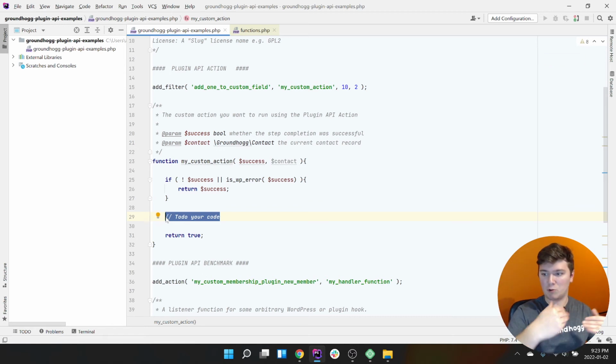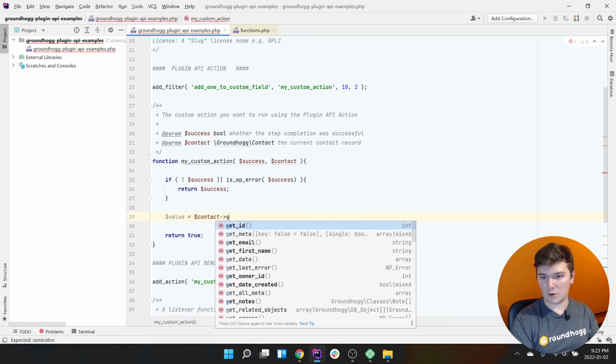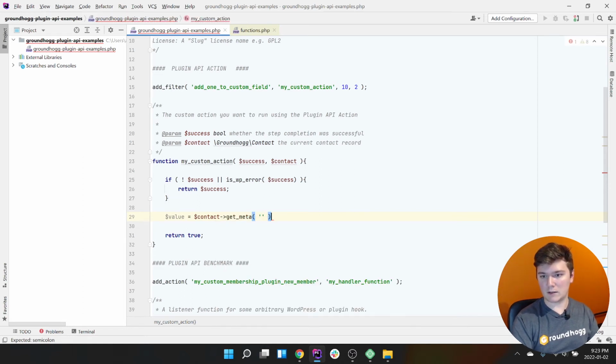This is where we want to actually write the action that we want to do. As I mentioned earlier, we're just going to do some custom field modification. We're going to add 1 to our custom field. So we're going to say our custom field value is equal to contact, which we know is a contact record. We are going to do get meta, and we are going to just say our custom field,